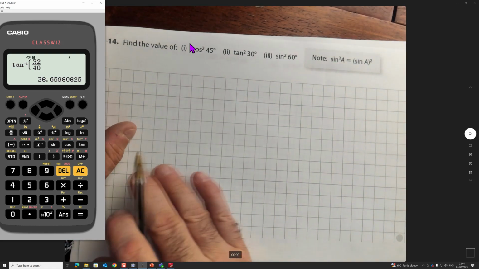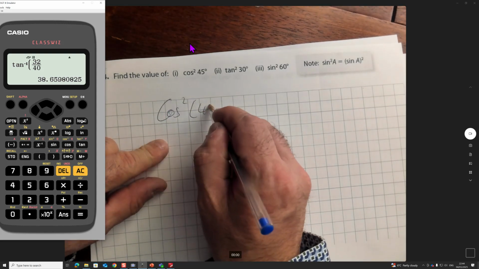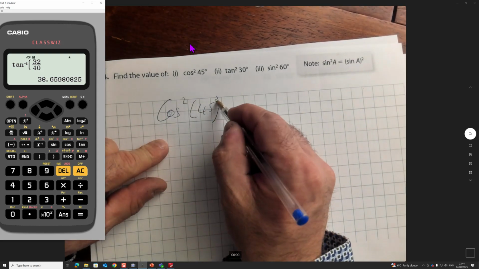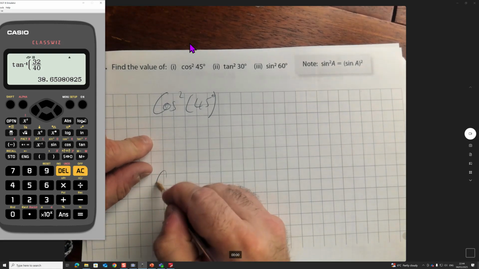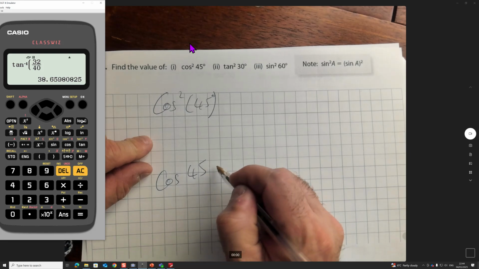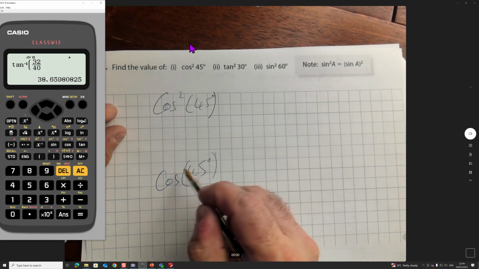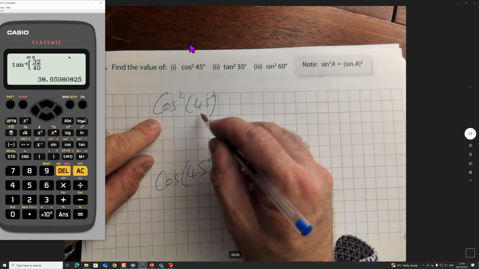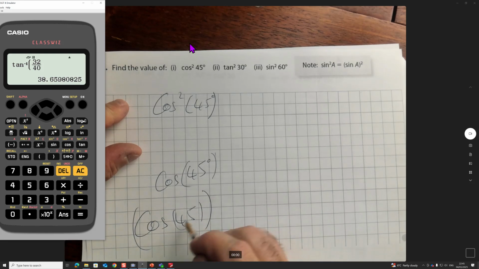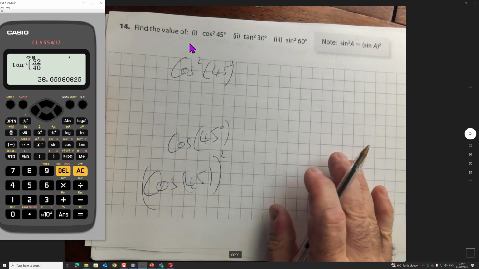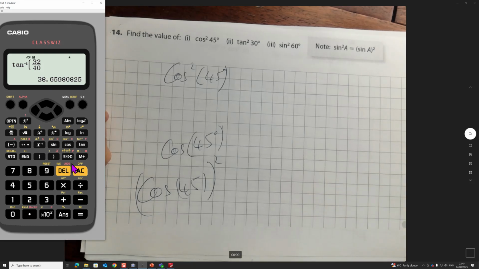Now this, it's not proof. It's a bit lazy. They should have said cos squared 45. It's bad that they didn't use the argument brackets here. I already explained to you that this is a bit sloppy. It should be this, and certainly if you want to square it. But what does this mean? It means cos of 45, all squared, if we want to be more specific about it. And in the calculator,